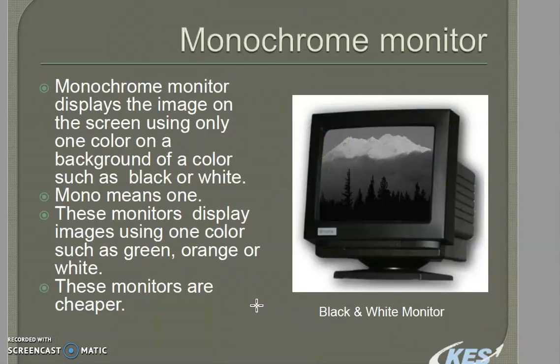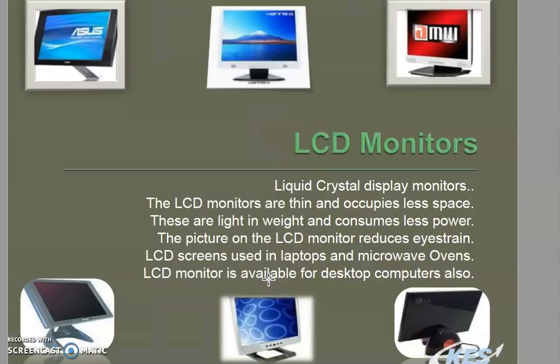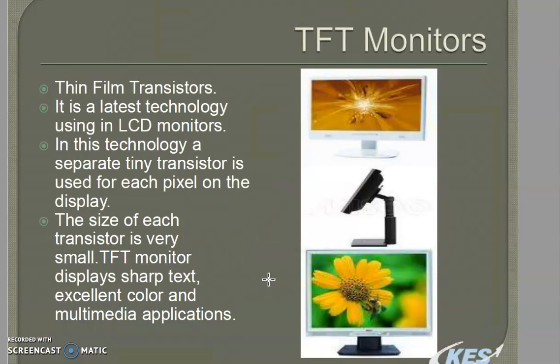If you compare from the first one, the CRT, then after that LCD, the resolution has increased. Now what is resolution? Resolution means how clearly you can see your picture. The quality of the picture is determined by the resolution. How many pixels are there on that particular screen determines the resolution. If the number of pixels is larger, then the resolution of that picture is good, it is the best one.